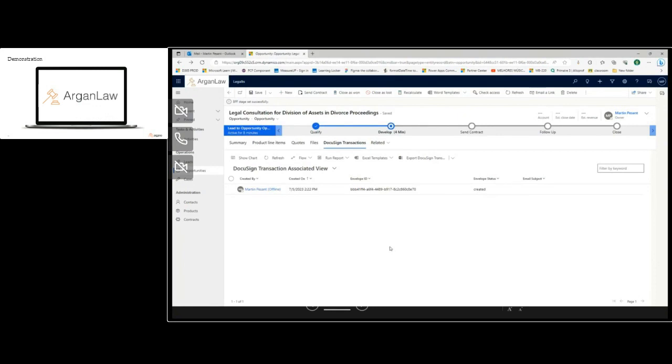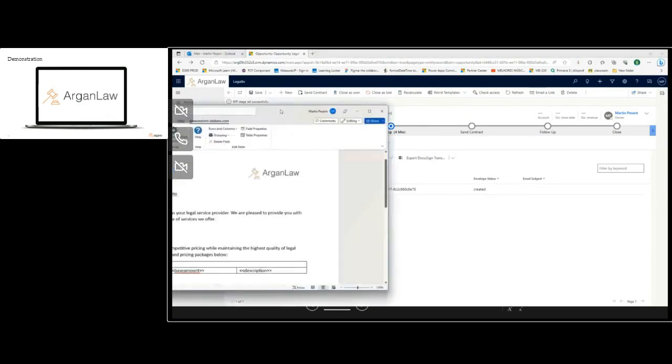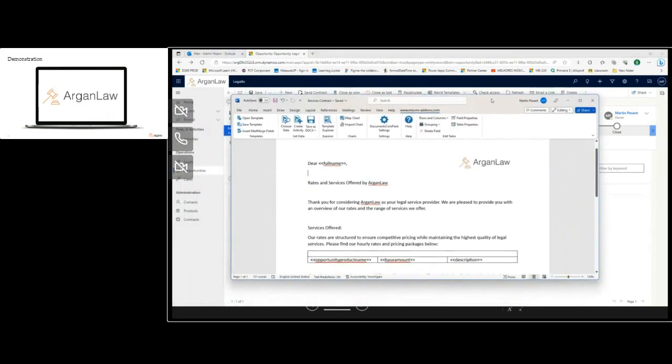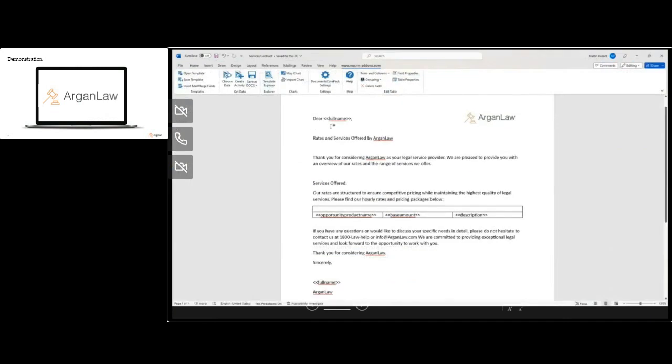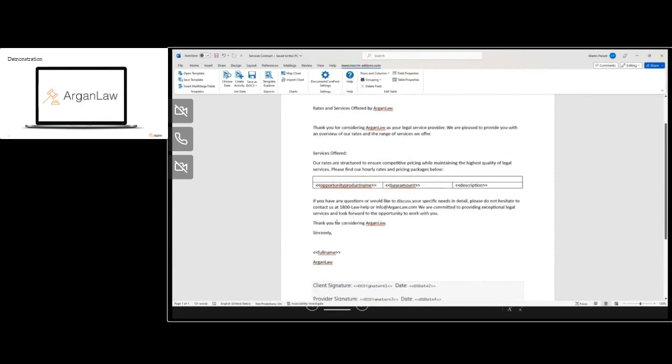So I was talking earlier about document core pack. Let me just bring the Word document back here. So in the Word document, as you can see, we have those fields. Those are dynamic fields, so they are populated from D365 already. So if there were many products, then this table would just be bigger.